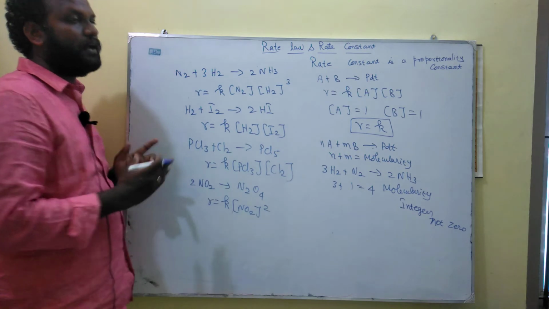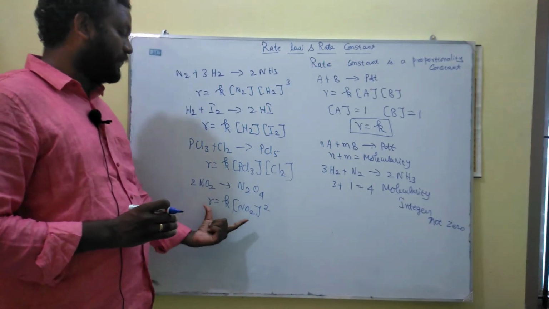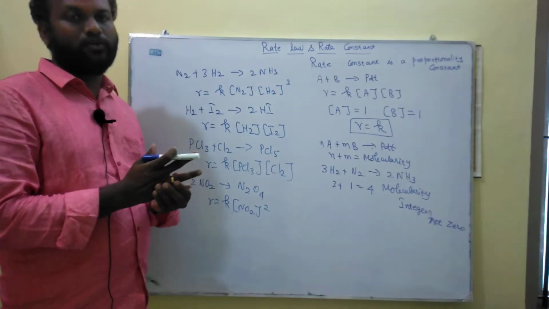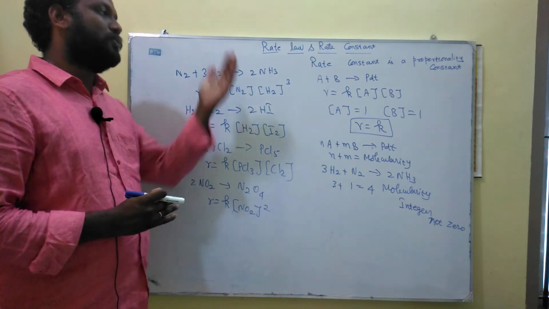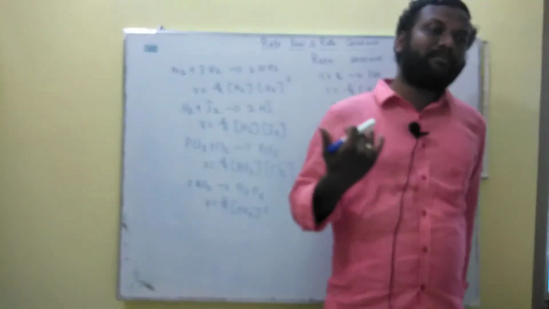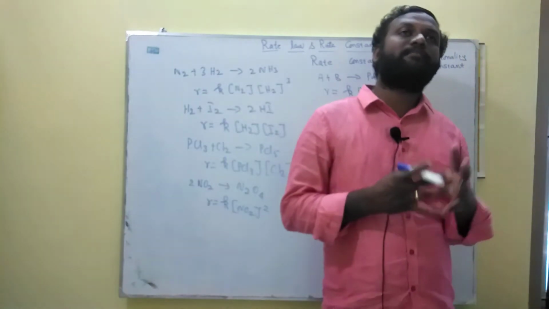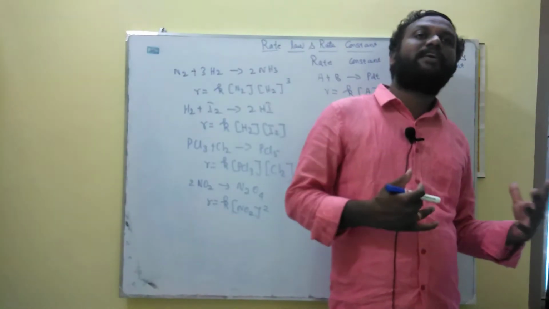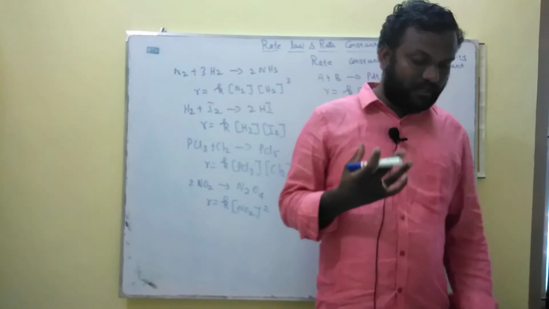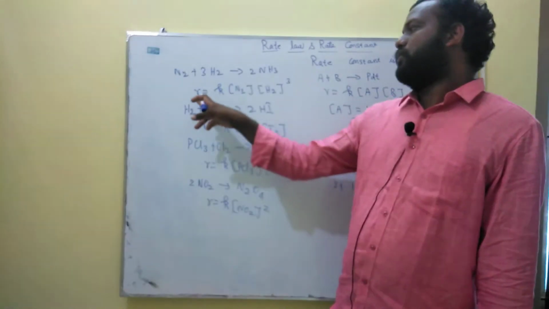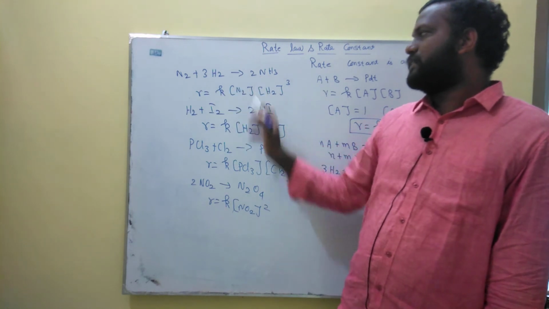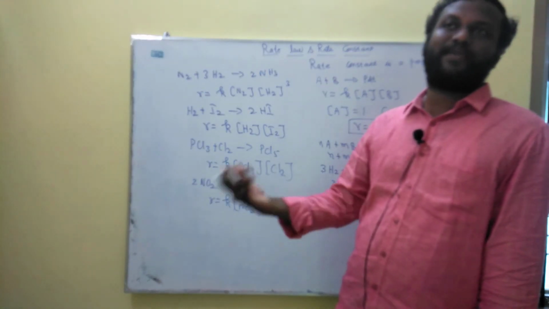In this way you should know how to write the rate law expression, because if you don't know how to write it, it is very difficult. You will struggle when you derive the rate law expression or rate constant for a complex reaction. A reaction of 3 or 4 steps, or 4 and 5 steps, will be given. We have to calculate the rate of reaction, order of reaction, and rate constant. So for that, we should know how to write the rate law for any chemical reaction. These are all rate laws with respect to reactants. We can also write them with respect to products.